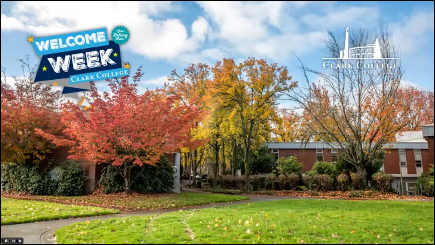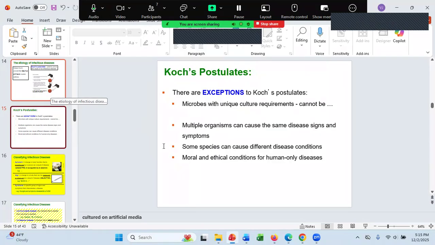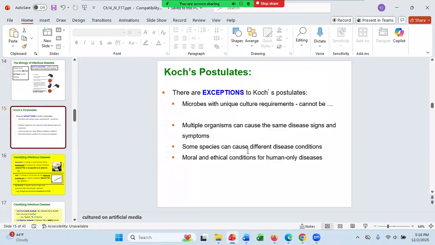Yep. So what do you do when one bacteria like salmonella causes more than one disease? Where am I? Right there. I think I need to start sharing again. Remember in Koch's postulates, one species can only cause one disease. So there are some exceptions. And how do we know that,